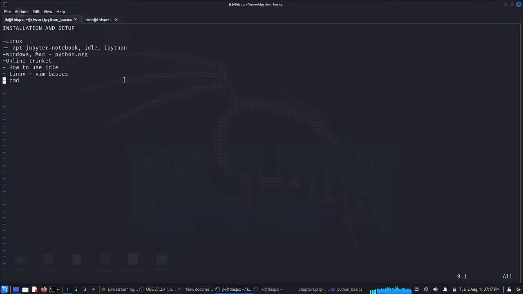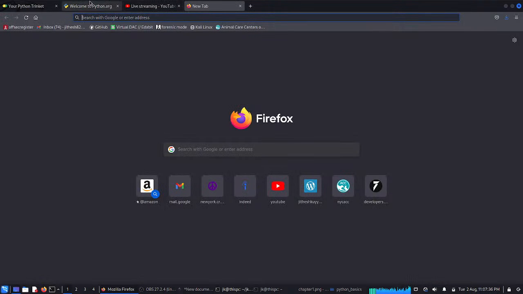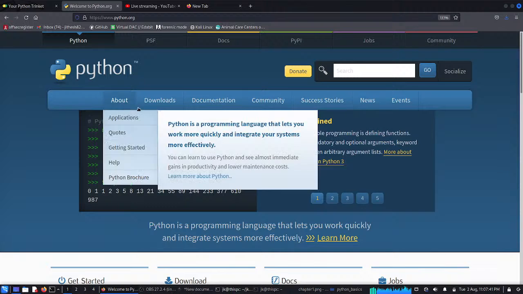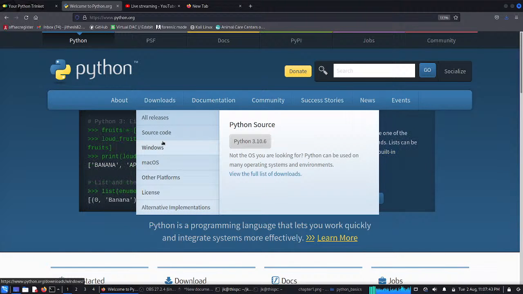So today we will look at Python installation and setup. To install Python, we can go to the website python.org and download the executable, whichever system. For example, Windows,